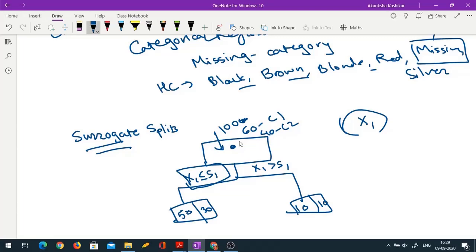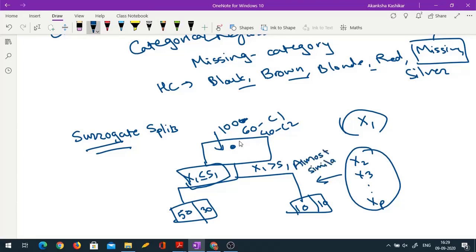Then what we would do is, x1 less than or equal to s1 has led to this split. Can I locate some other variable from x2, x3, up to xp from which I can get almost similar split? I may not get the exact split obviously, but if I can get one of these variables with some threshold, so for x2 you may try some s2, for x3 you may try something.